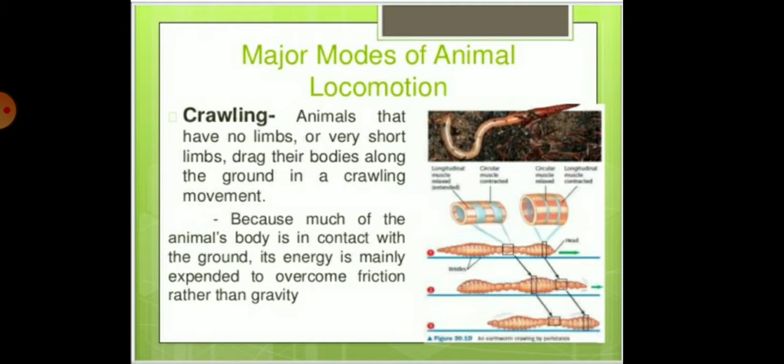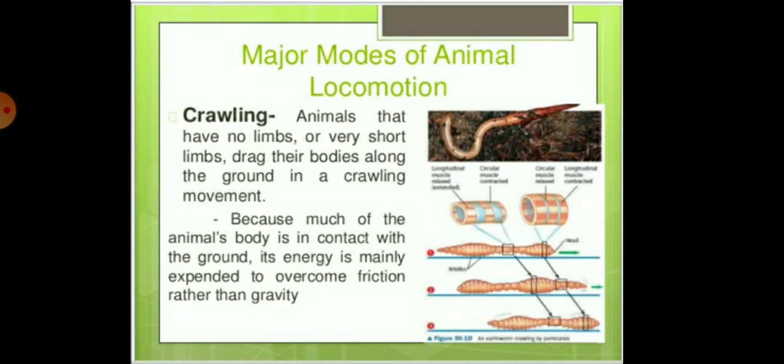So children, the earthworm has a long cylindrical body made up of many rings or segments joined end to end, and bones are not present. The circular and longitudinal muscle fibers are present on the body wall. The movement of these muscles pushes the blood in the direction of the body movement. This movement of the blood helps to move the animal forward. Mainly the movement is called crawling.